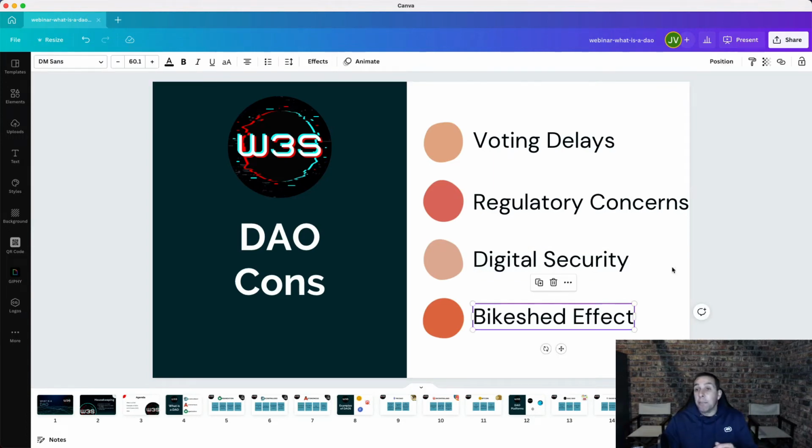And then finally, you've got the bike shed effect, and I've seen this as well. If you take a DAO and you start treating it as some sort of advanced corporation or advanced community or fundraising, whatever you want to call it, the moment all these members come into play, you will notice something very, very quickly. And I've seen it even with my DAO with Web3 Simplified. The bike shed effect is where a lot of time gets spent on the simple stuff and not nearly enough time is spent on the important, critical stuff. So what I mean by that is simple.